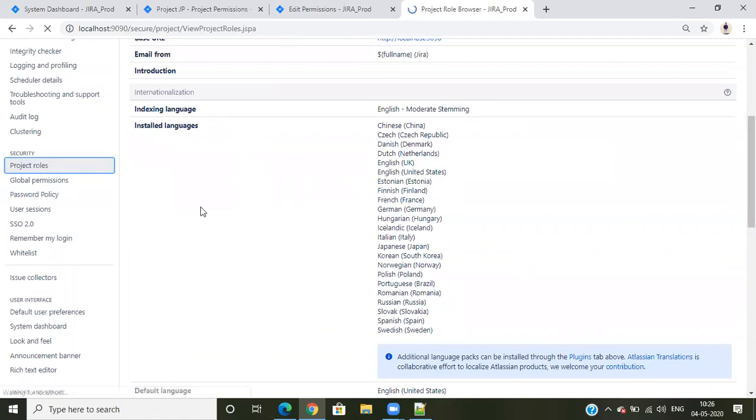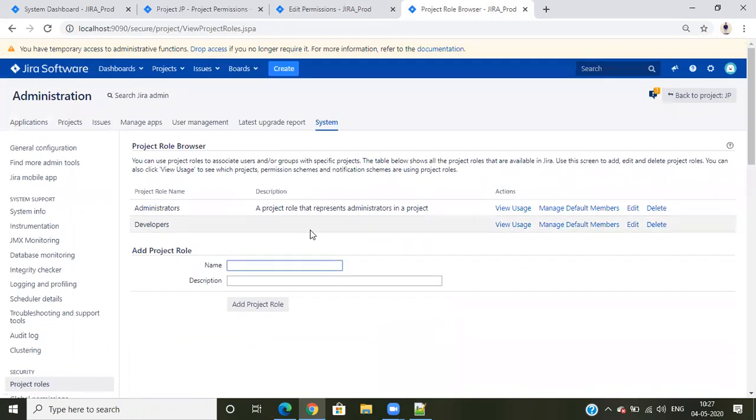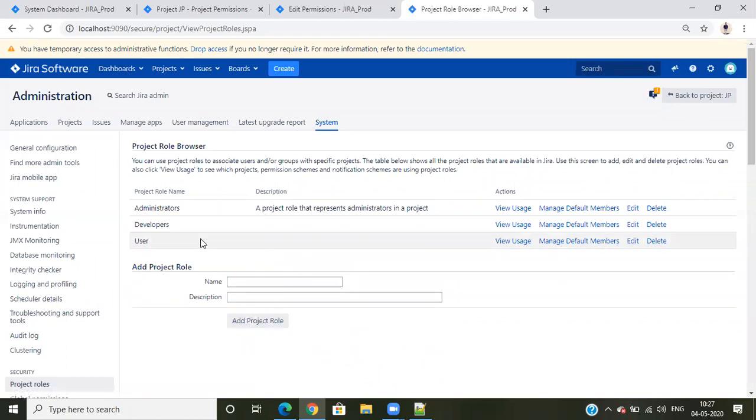Click on this. By default I have two project roles, administrators and developer. I'll add one more, users, no description, and add project role. So I have administrator, developer and users.